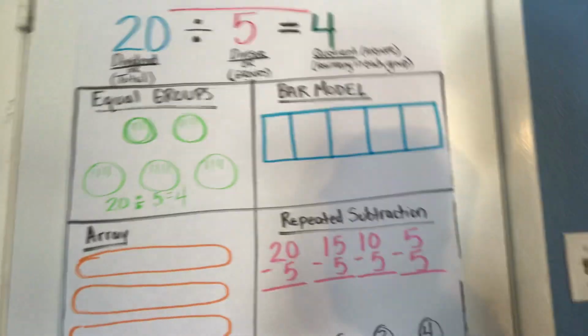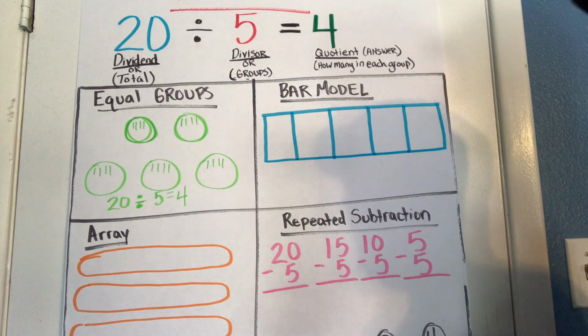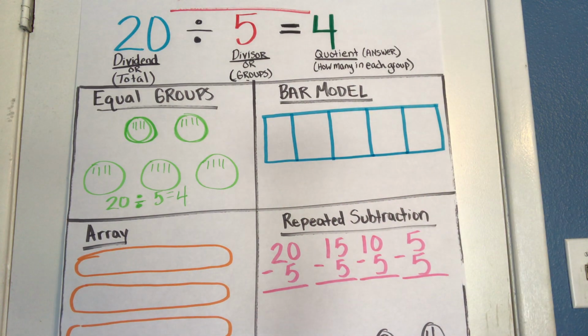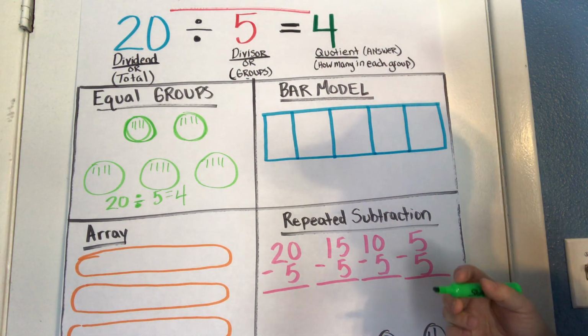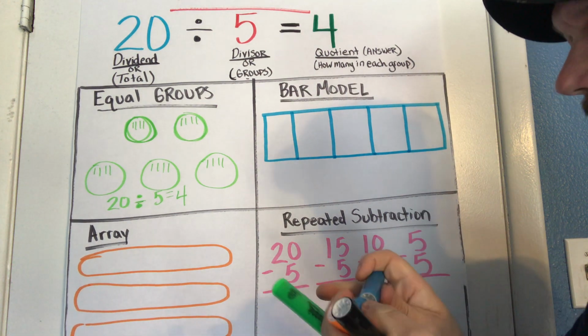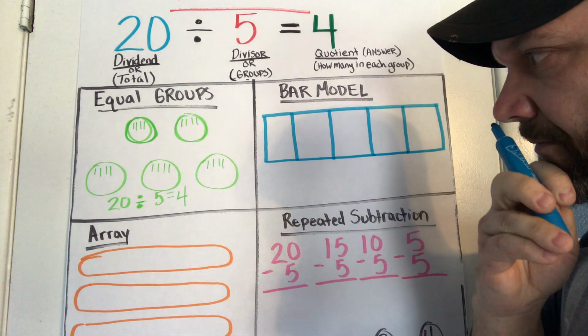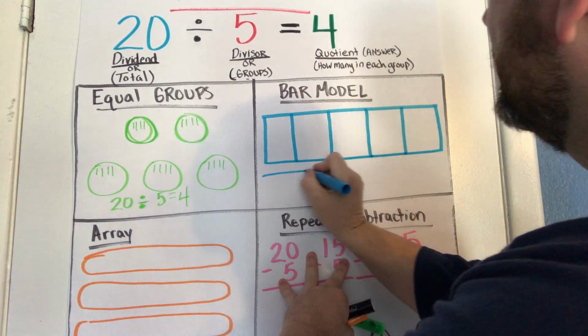Okay, we've got a bar model here, and this one is just another way that you can do this. Let's see here. What I like to do, this is kind of like a strip diagram. I'm going to get my blue Mr. Sketchy, or my Mr. Stinky, as I call him in class. That one smells like Easter candy. And I'm going to